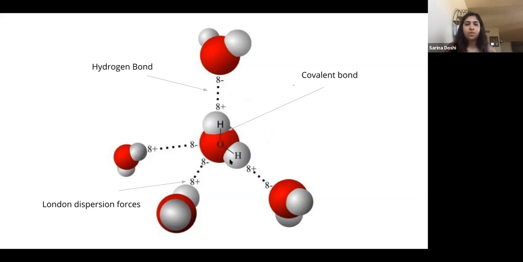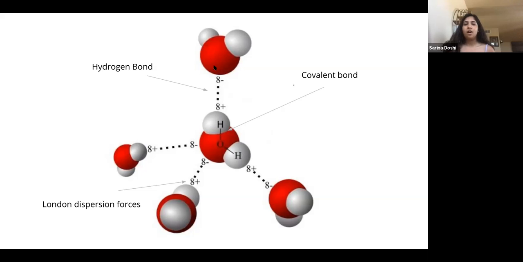The bonds within a water molecule are actually very similar to ionic bonds, which are permanent yet weak bonds in the sense that they're very easy to break. If you think about salt, NaCl, that is an ionic bond. Okay, so these covalent bonds in water are very ideal and very important to water because different water molecules can form hydrogen bonds then. Because we have such a strong positive charge around the hydrogen atom and such a strong negative charge around the oxygen atom,